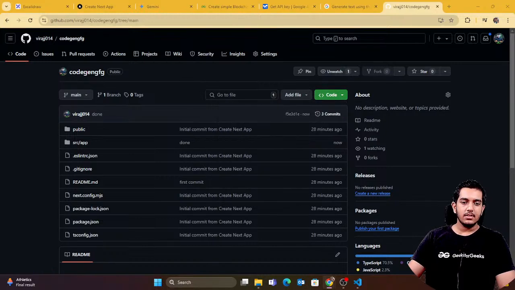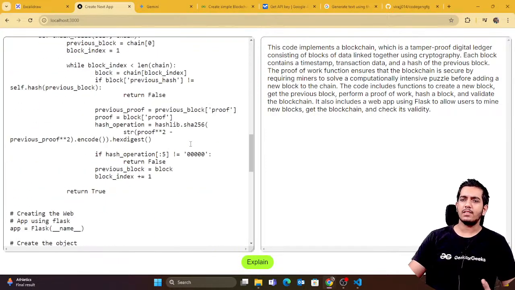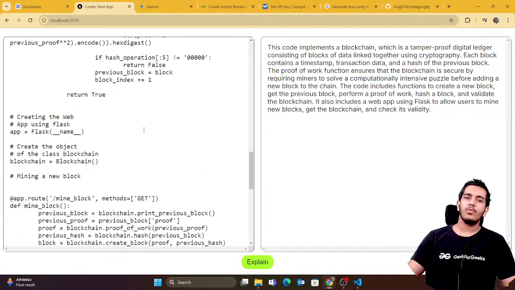So that's it, guys. Now I think we can end the session. This project is completed. A very simple and easy project, just for demonstration of how a code explainer can be created. Okay, so that's it for today. I will see you in the